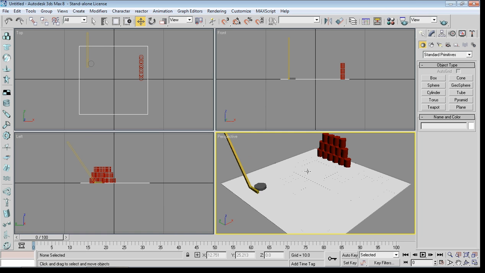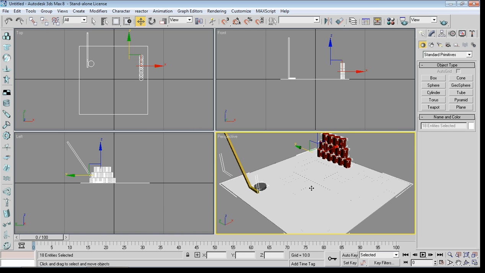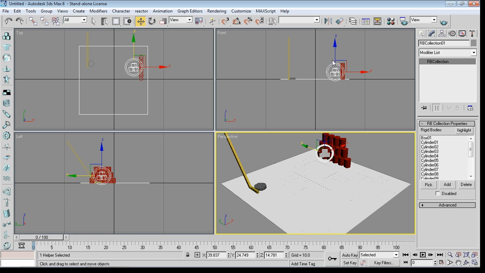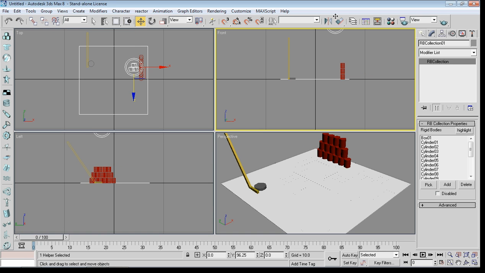Now that we have all of our pieces of the puzzle, oh wait, we don't need a wall, but maybe we'll add that later. Now we have all of our pieces of the puzzle. We're going to press Control A to select all of our objects and go over here to create rigid body collection. It's going to put this right in the middle, so I'll just move it up out of the way. And here all these objects are added to it. There. And now if you scroll down on the left all the way to the bottom,